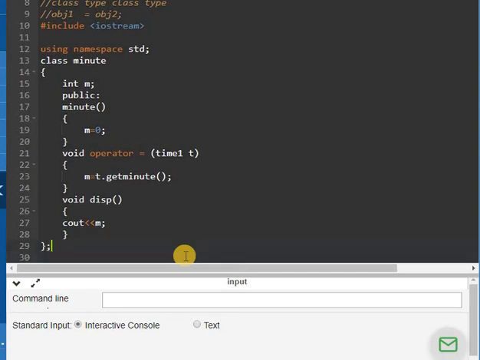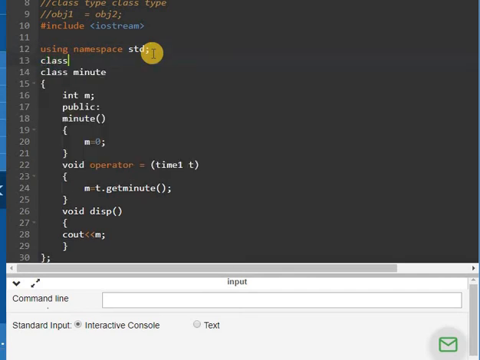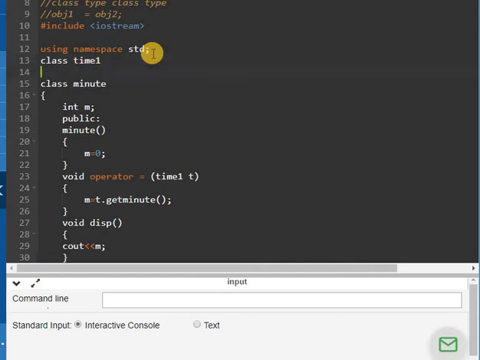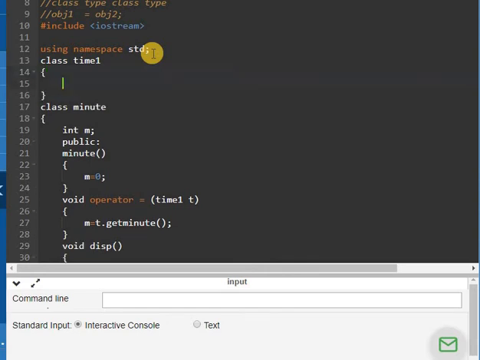Because we have taken one object of class time as a parameter, we have to add the time class also. Because I have taken this time t object here, I have to create this class first of all, and then I can pass it as the argument in the operator function. That's why I will write the class time at the first place.